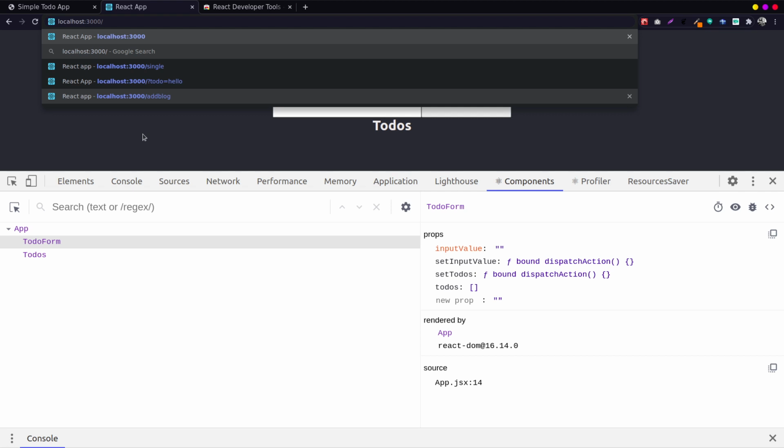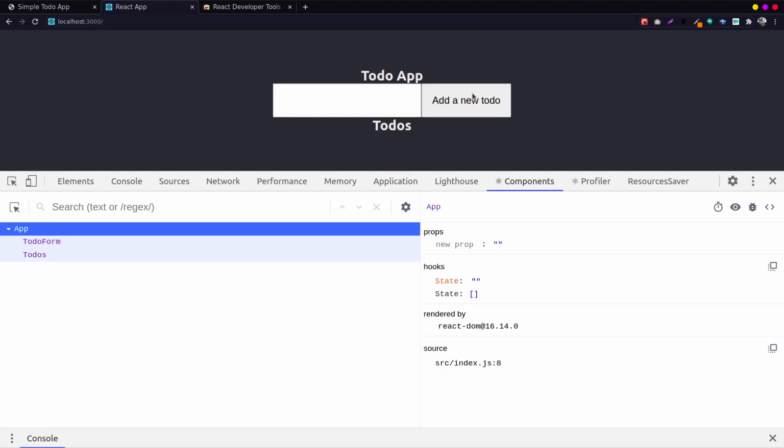Inside my app I have two states. The first state is the text, the empty string, which is our text here. The next state is our to-dos, which has an empty array. If I type something here, like hello, it automatically updates here. And if I submit, add, and do another to-do like that,